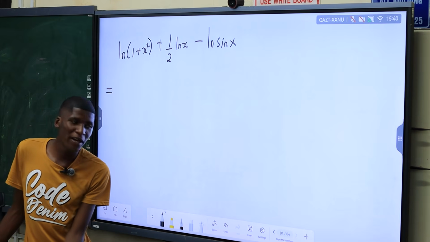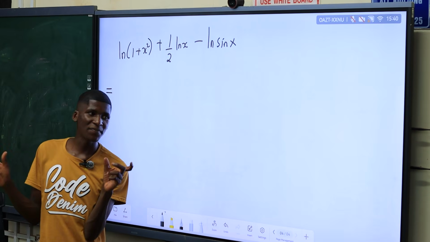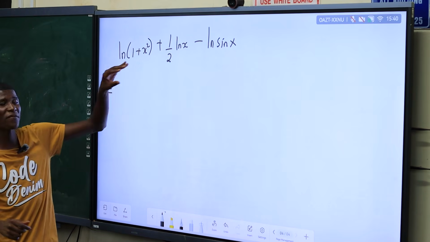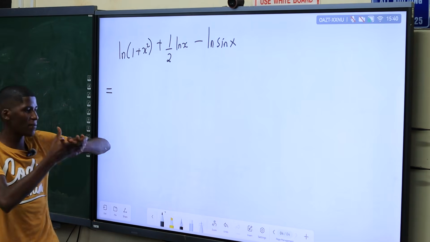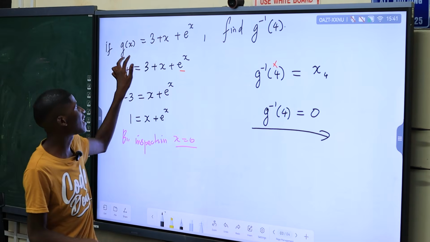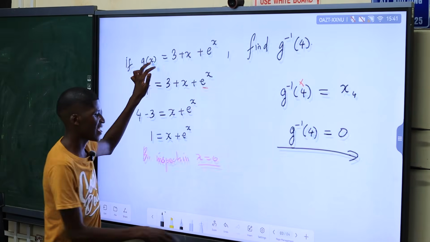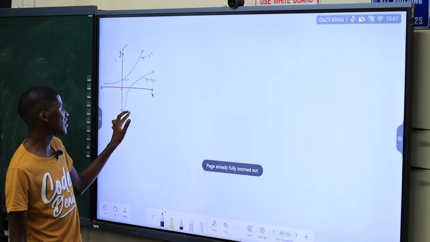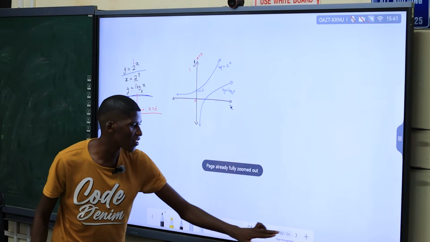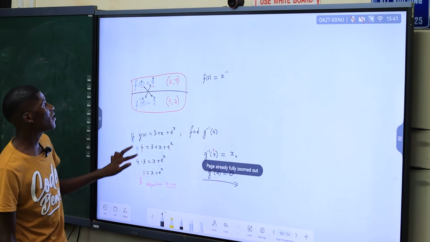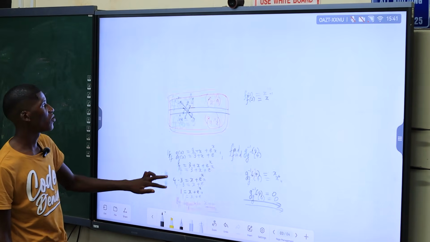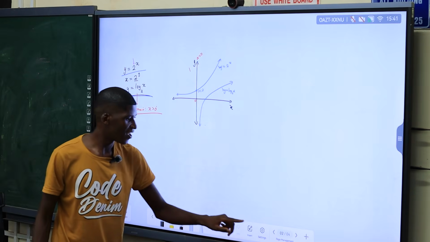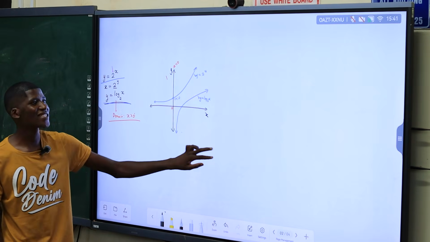The laws of logarithms. If you are combining different terms, but all logarithmic functions with the same base, you can just combine them into one logarithmic function following the standard laws we had. We did this somewhere, but we did it. All of those laws of logarithmic functions. Okay, which law can we use here to get our answer?